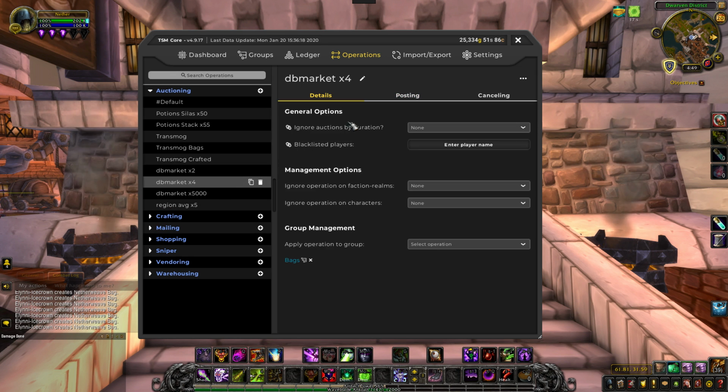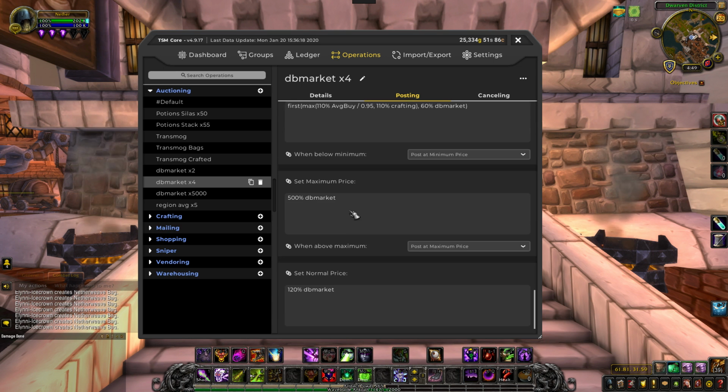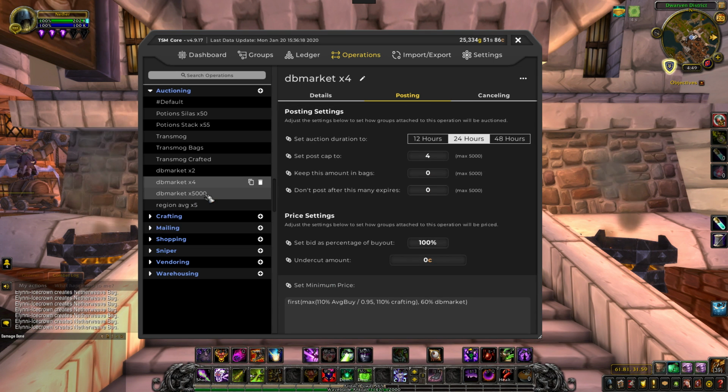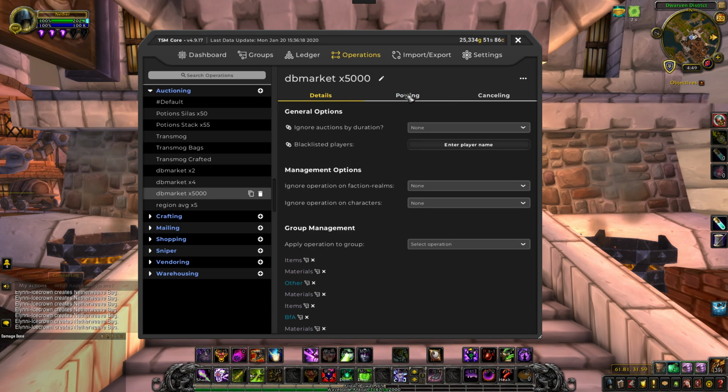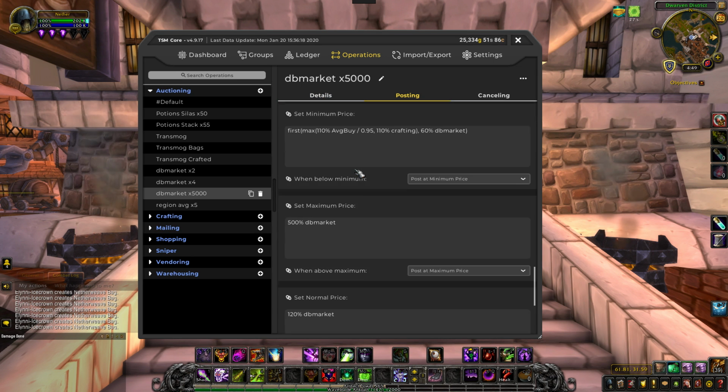But this is just kind of the things that have worked for me. And then times 4, you know, DB market times 4, it's once again just for the bags. Pretty much anything that's times 4 is for the bags. It's just a post 4 of. It's the same exact everything else. And then for DB market times 5,000, that's for basically all the materials and everything else that I haven't talked